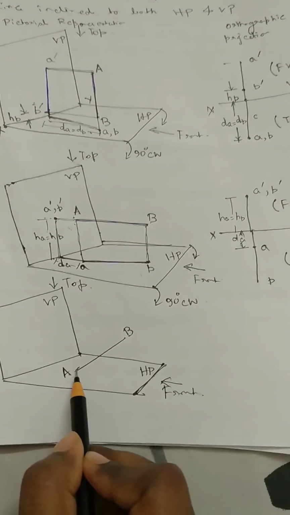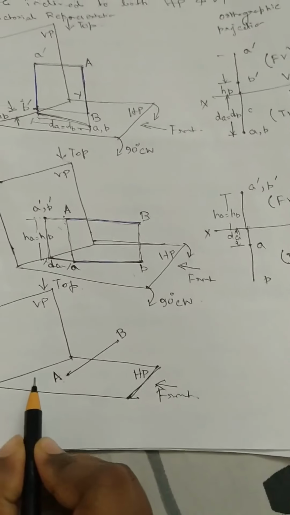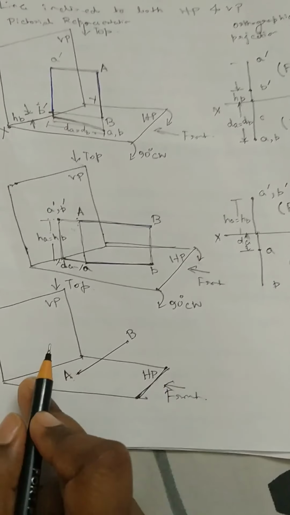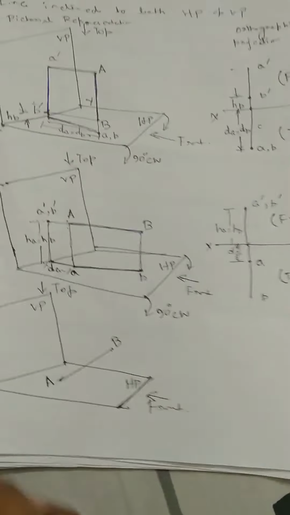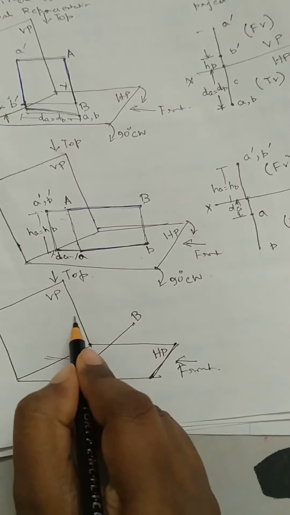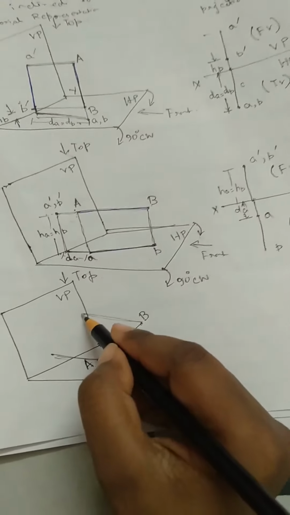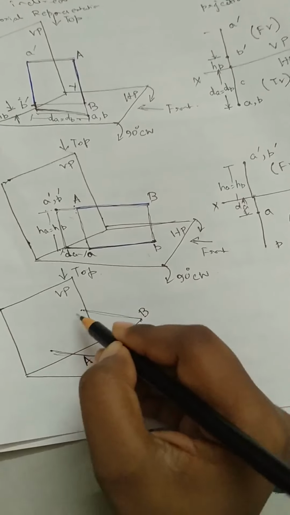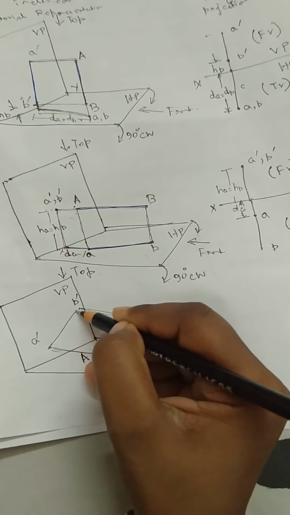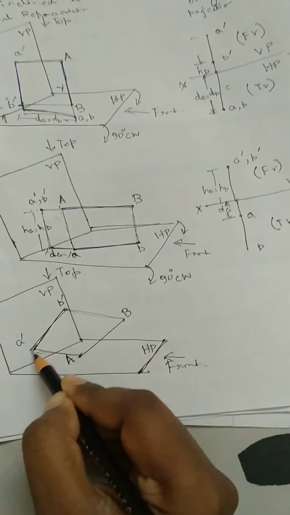So now, again, our true length concept. For this case, you can get this true length, AB length, from both the cases, for front view also, for top view also. So for this case, first we will extend. You can extend from top view also the line when it will intersect on VP plane somewhere like that. This is your B dash, this is your A dash, this is your A dash B dash line. Sorry, this will be parallel to AB.